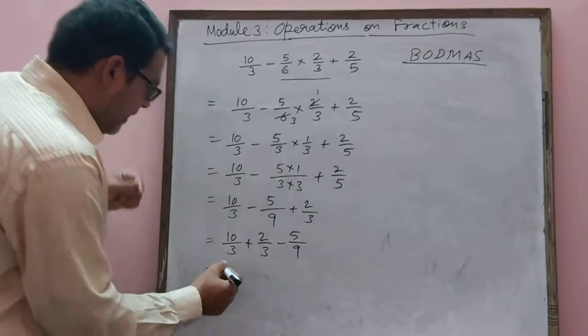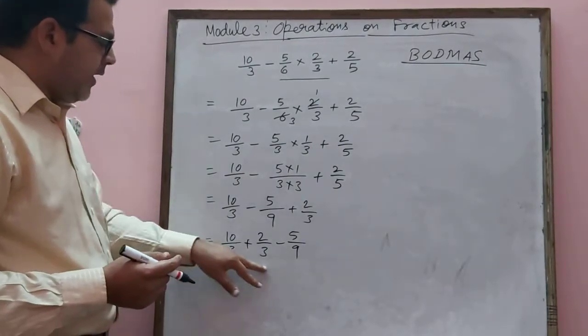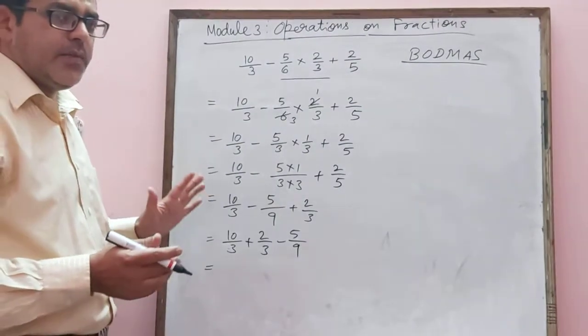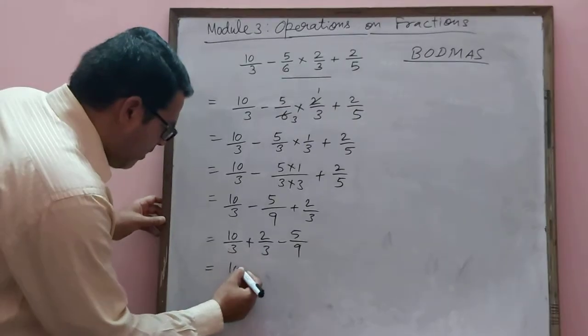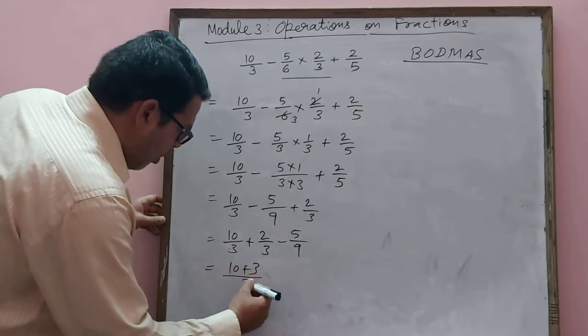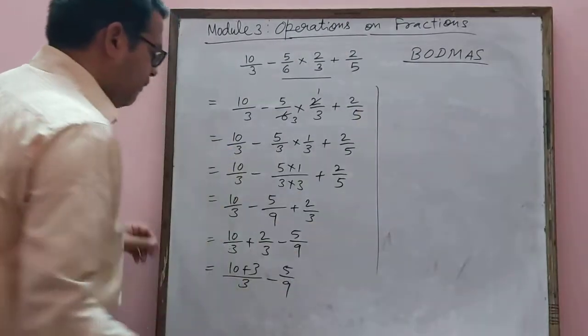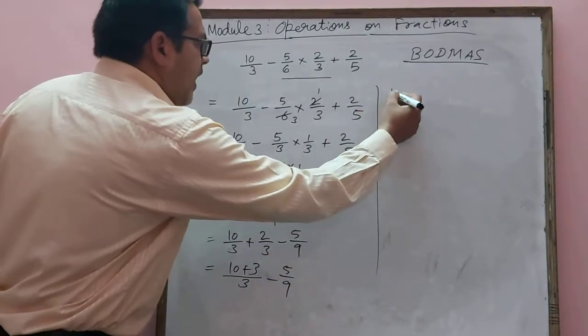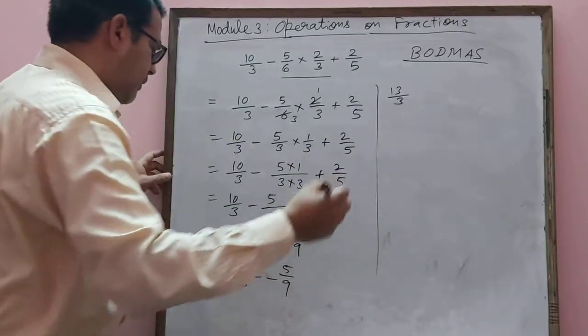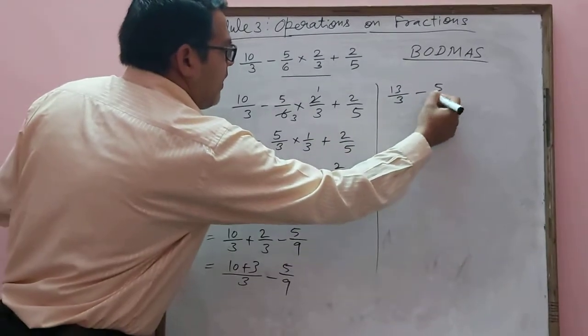Now see here, the denominator is the same, that is 3. It means we can directly add the numerators, and the common denominator we can write here. So 10 plus 3 we have 13 upon 3, then minus 25 by